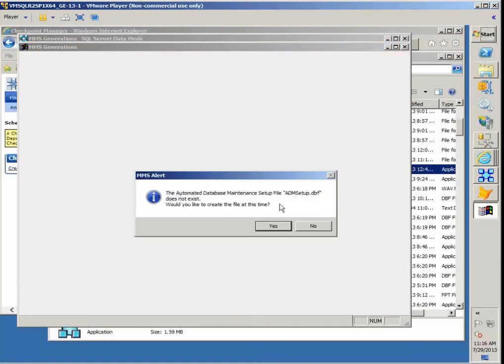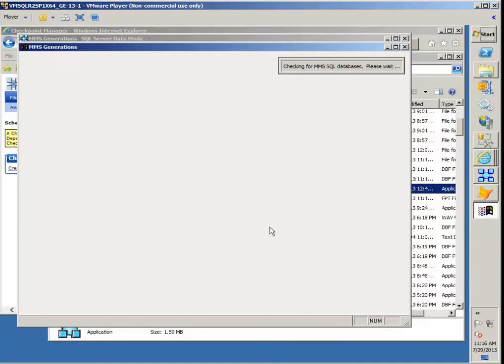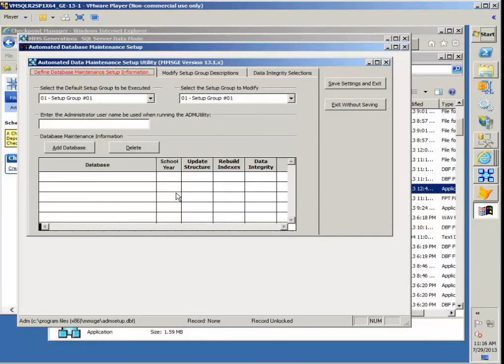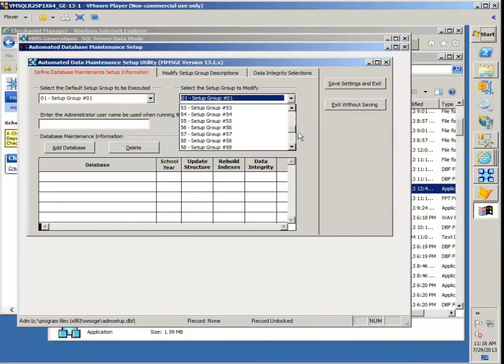So it's saying, oh, I don't have this setup file. Do I want to create it? Yes. What this does is I can come in for any and all of my schools and say which items do I want to run, and then run it at 3 o'clock in the morning. I might want to run it after I do my backup. And I can label the groups any way I want. I can select which group to be executed. I can select which group to be modified. And I can have 100